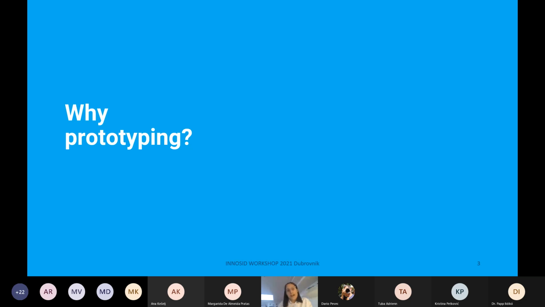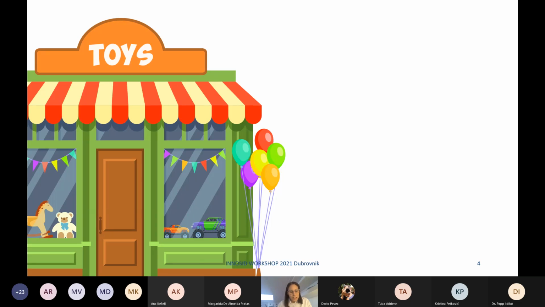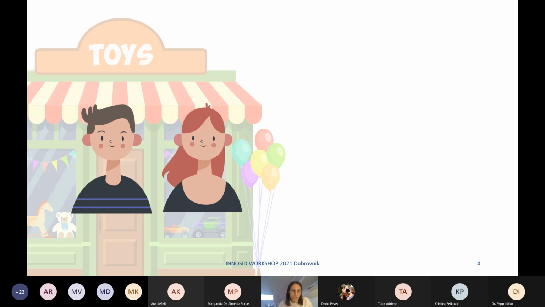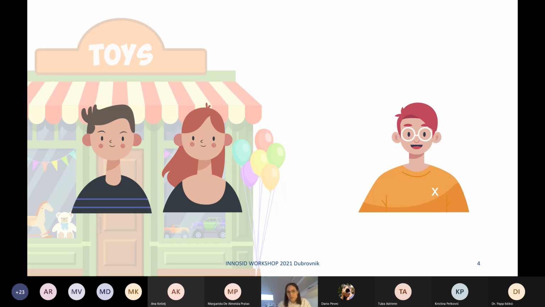Why prototyping? I will try to answer this question with a short illustration to tell you why prototyping is important. So let's imagine that there exists a toy shop where you can buy different toys for your brother or sister. This toy shop is managed by these 2 people, and they want to increase their revenues and get new customers. So they decided to engage a programmer to provide them a mobile application for their toy